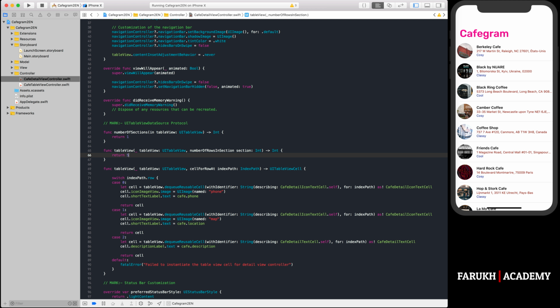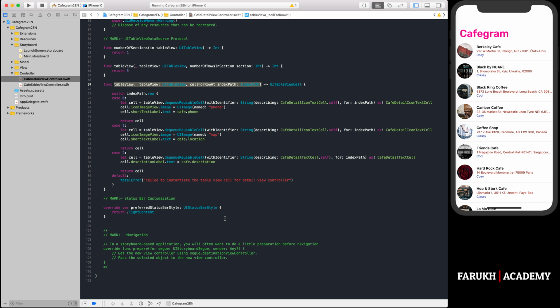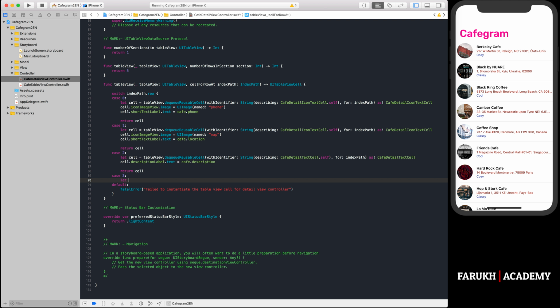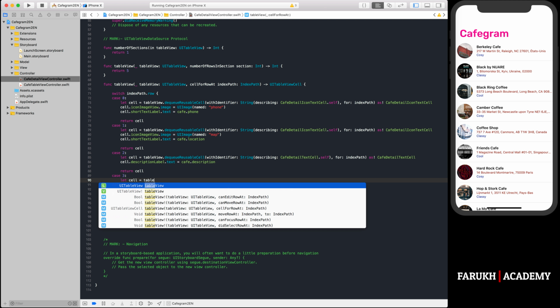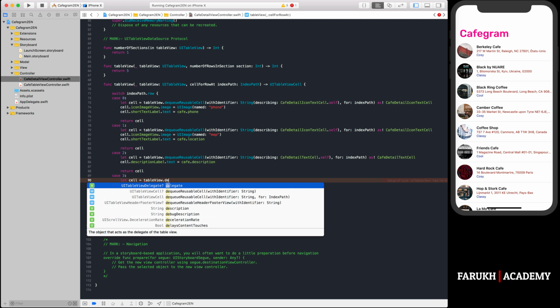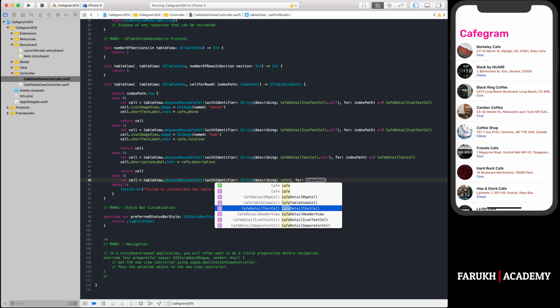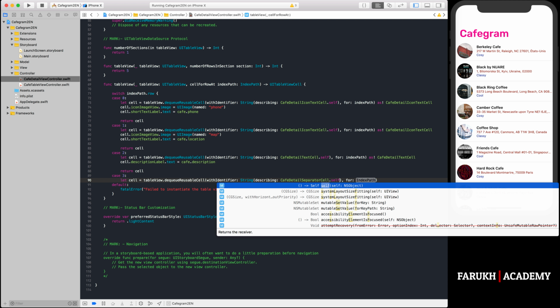Also, we are going to update the cellForRowAt method like this. So here, cellForRowAt. We need to add case 3 and 4 to handle the two new prototype cells. So here, case 3: let cell equal tableView.dequeueReusableCell, this one, withIdentifier, String(describing: CafeDetailSeparatorCell.self),